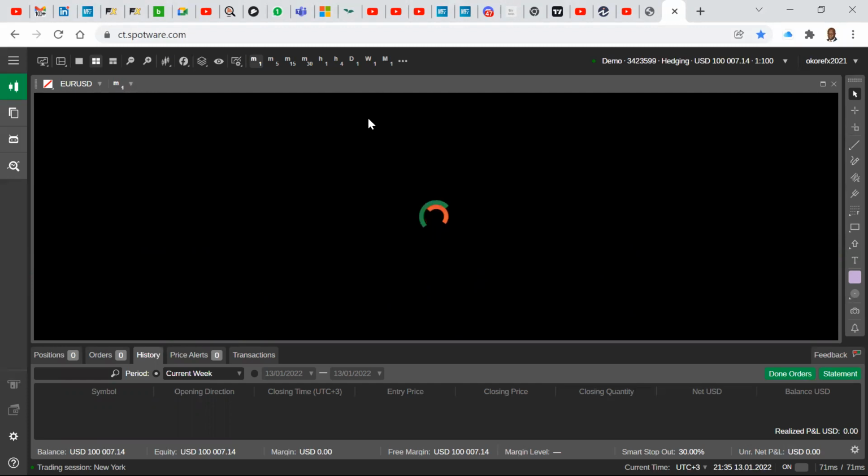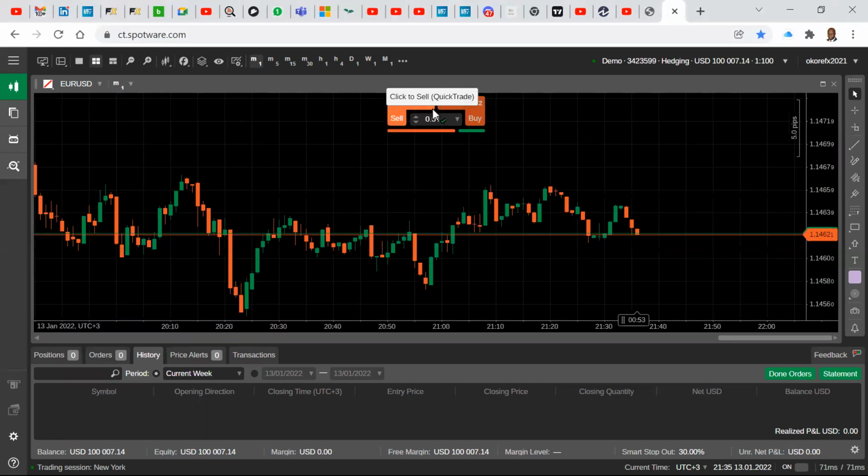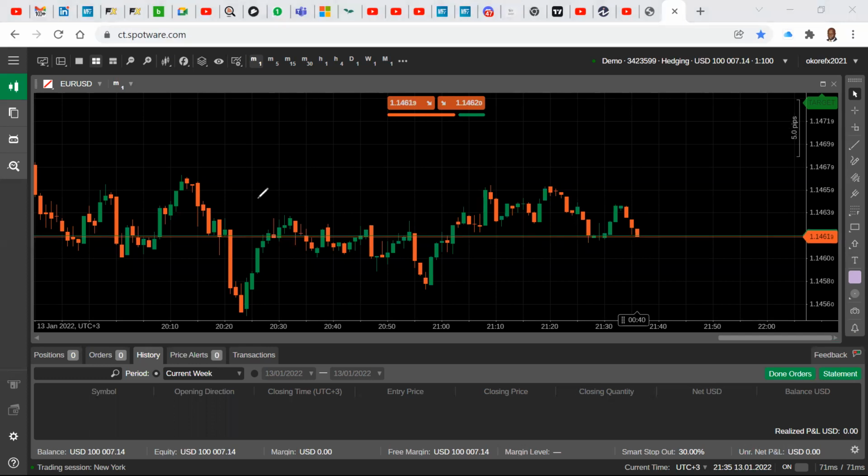We change the position size, okay? Now, scalping means we want to enter the market and get out very quickly. We enter, get out, okay? Enter and get out very quickly. How do we do that? By presetting our take profit and stop loss.